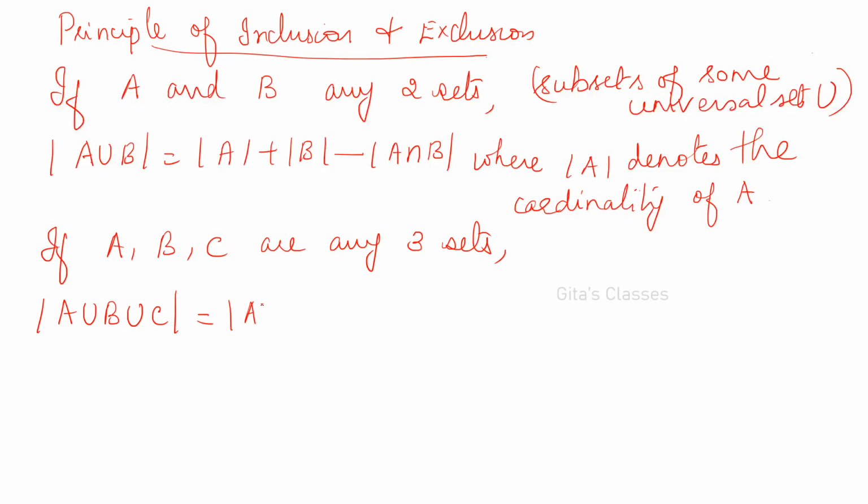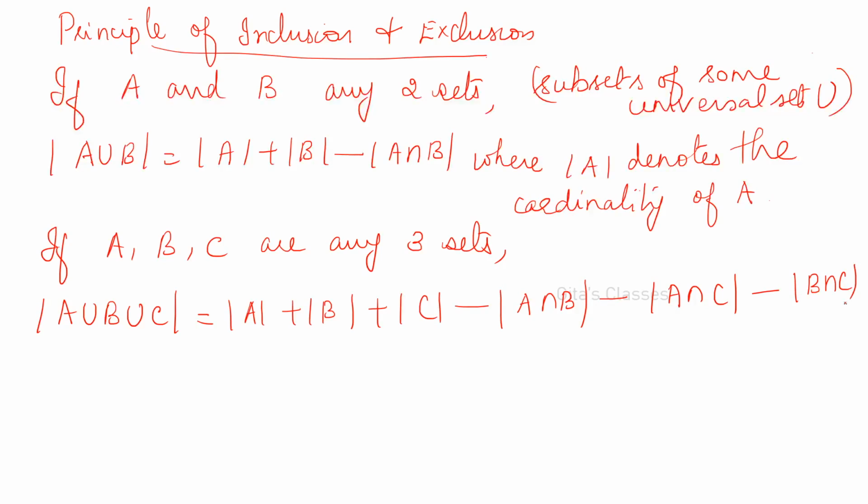Okay. So cardinality of A plus cardinality of B plus cardinality of C. Now all the 3 sets are over, right? Now what do you have to write? Now 2 at a time. On the right-hand side, every set is an intersection only. So cardinality of A intersection B minus cardinality of A intersection C. When you start with the first set, complete it with the remaining ones. Then only you will not get confused. Otherwise you may miss some elements. So minus A intersection C minus B intersection C. Now 2 at a time are over. Next is 3 at a time, that is A intersection B intersection C.